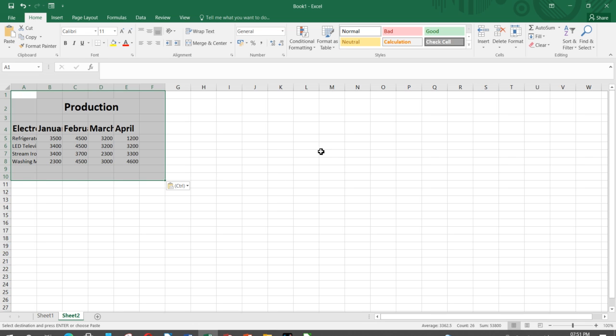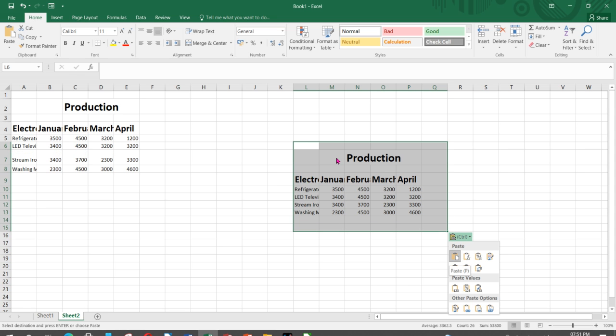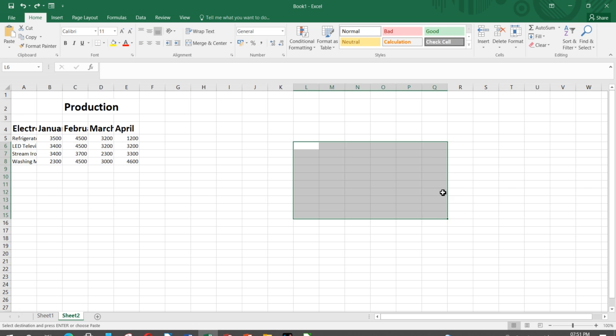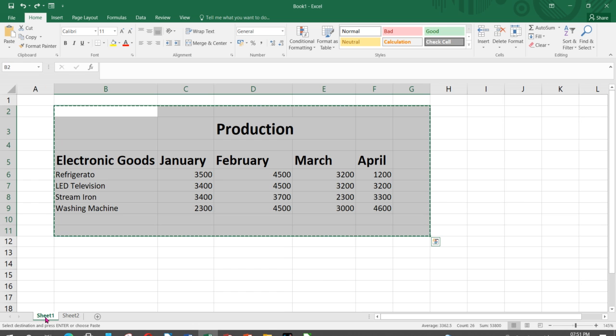If you want to place it somewhere on this side, place the cursor. So placing of the cursor is very important. The point is important. Control V, you can do it. And if you want to undo it, you don't want to paste here, Control plus Z to undo. Control Z. This is the way how you can do it.